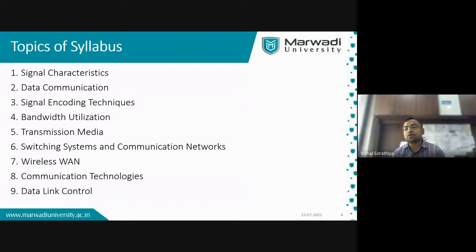Data link control is just a small part of your next level. When you go to the next semester, in the advanced level of this communication network, you need to start with the data link layer. Why? Because the physical layer communication you have discussed, how communication takes place.